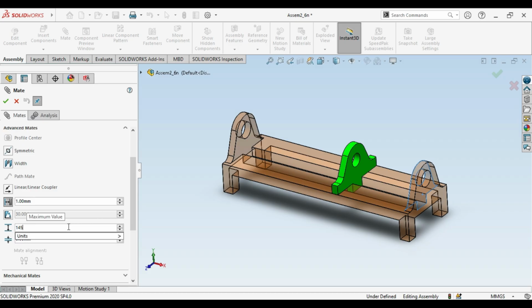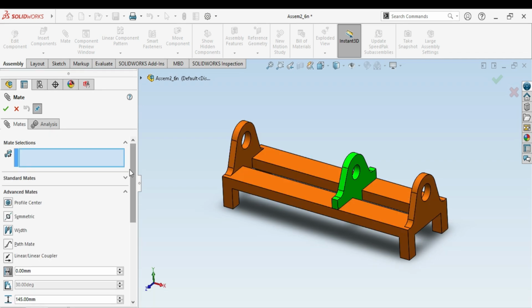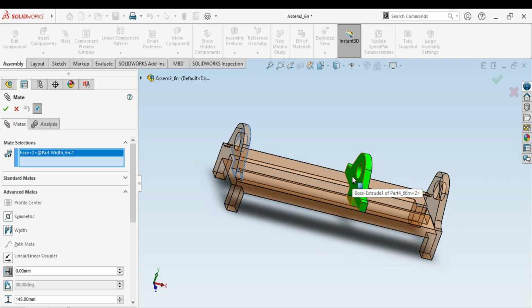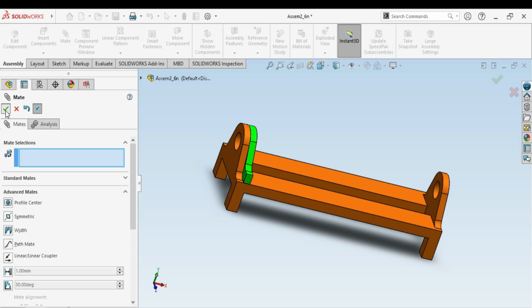I will tell you why 145. And here is 0. Go to this area and select on it. Now we have to choose two faces. I'm selecting this and the second one, this. So these are the two faces that I select. I can also select two models. Now hit the OK button twice, 1 and 2,